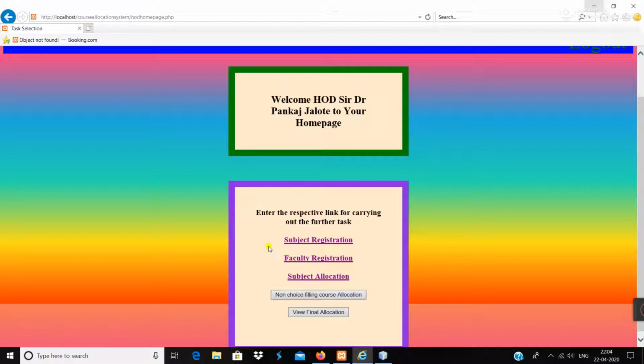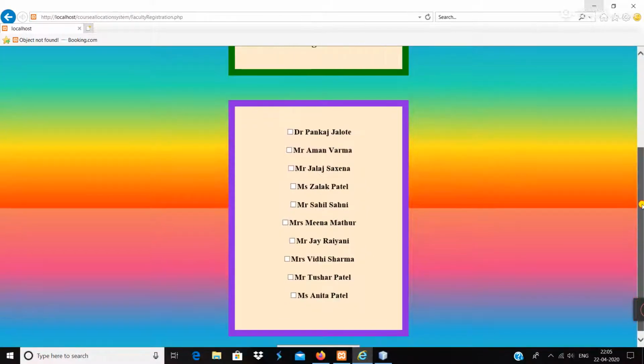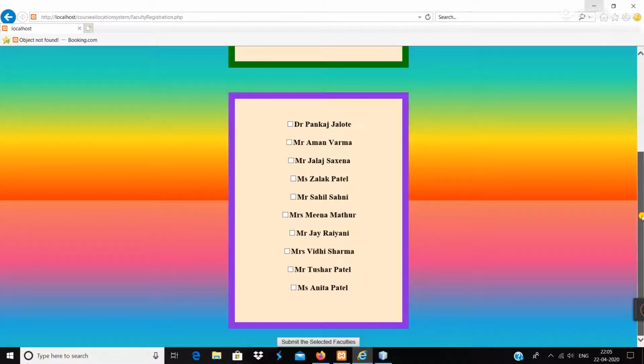So basically, faculty registration is a step where the head of the department will be selecting those faculties who will be giving their choices. Because there are certain faculties who have an immense experience in some subject and who have an expertise in some subject.